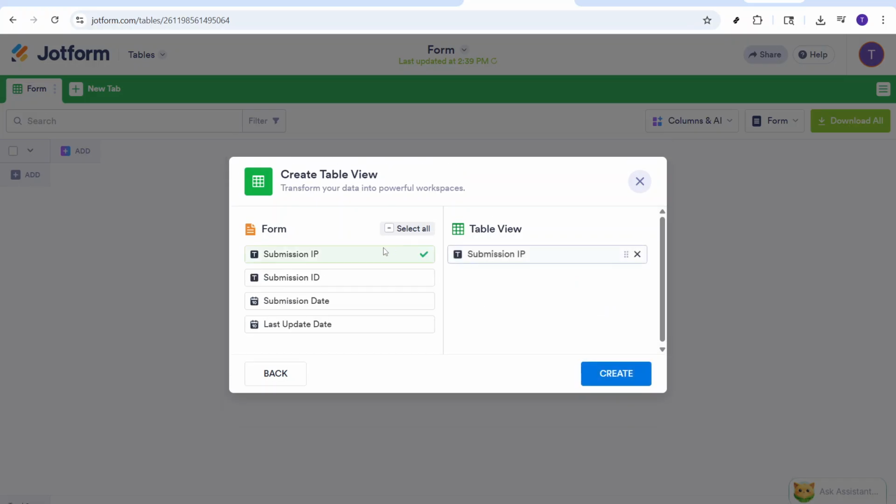Now what you've done is set up a dynamic link between your current Jotform table and the form you've just selected. This means all relevant data from that form will now be accessible directly within the new tab you've just created in your table view. If at any point you need to unlink or adjust the data, you can always go back and modify this